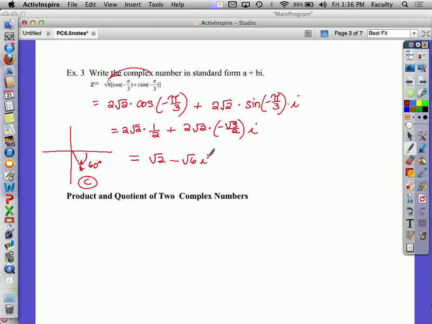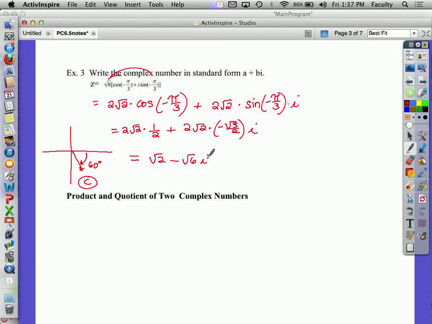Multiplying and reducing. We do reduce all radicals, remember that. Is radical 2 minus radical 6i. So know the difference between standard form, a plus bi, and trigonometric form. This is very simple. All right, last thing that we're doing